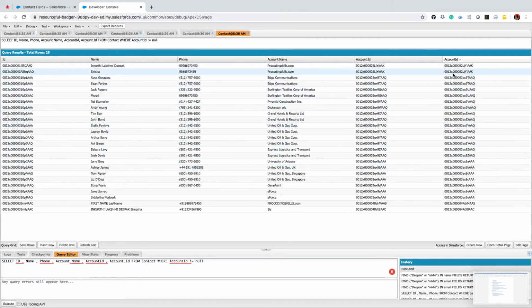So AccountId is a child field. Whenever you want to modify an account ID, let's say I want to update my account with this ID, I can update it easily. So I can add it and save the rows. What happened? It got updated. Here the account ID is different. Here the account ID is different. If I refresh, then you can see there are updates, isn't it? Clear? Clear or not?